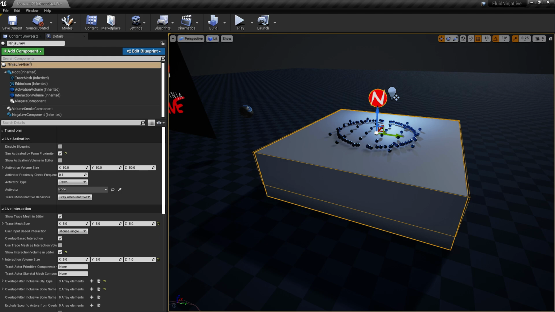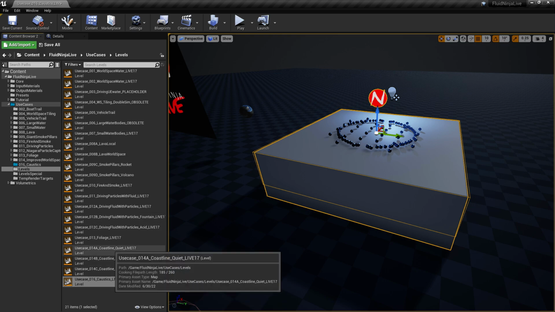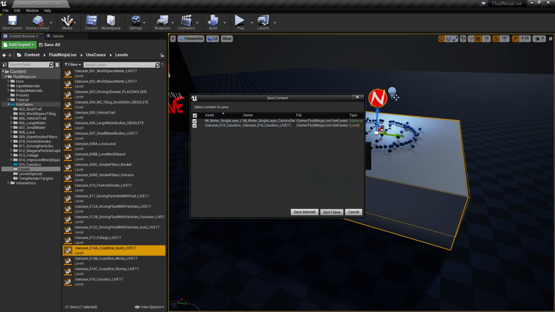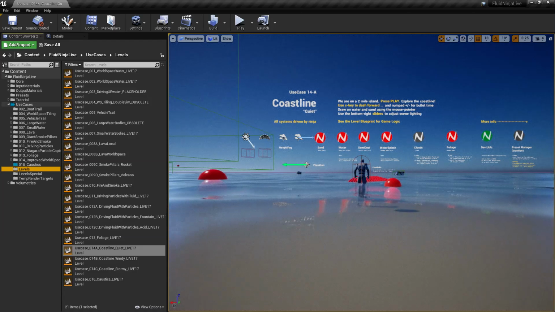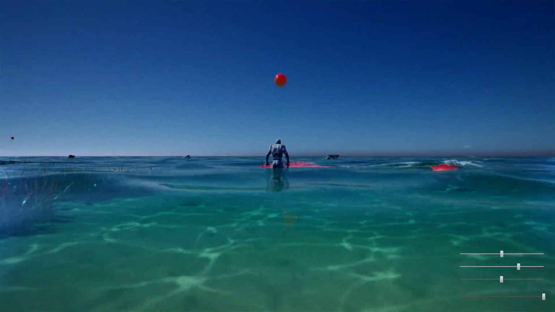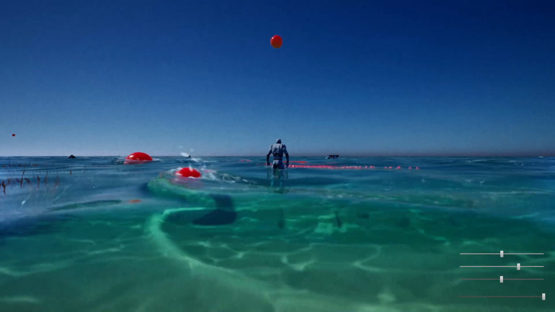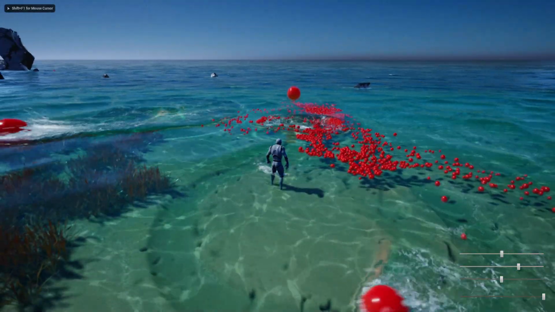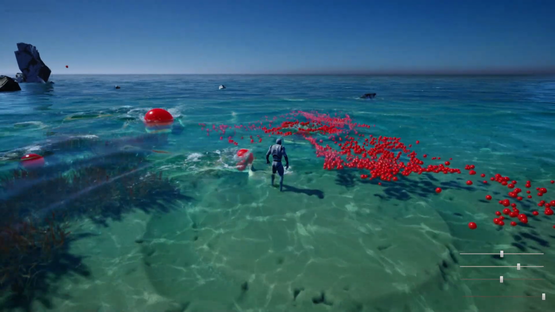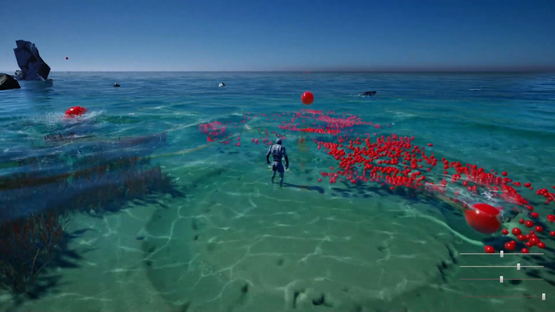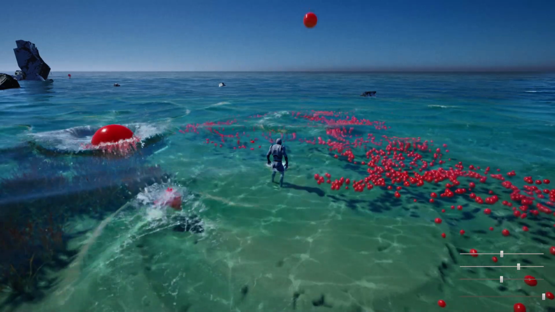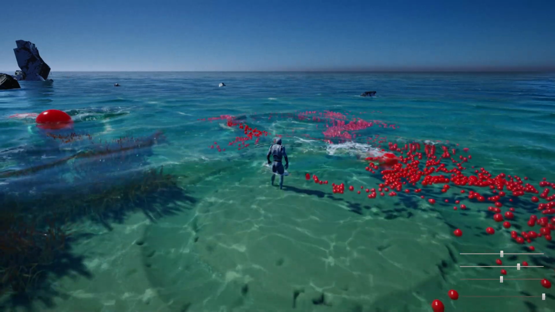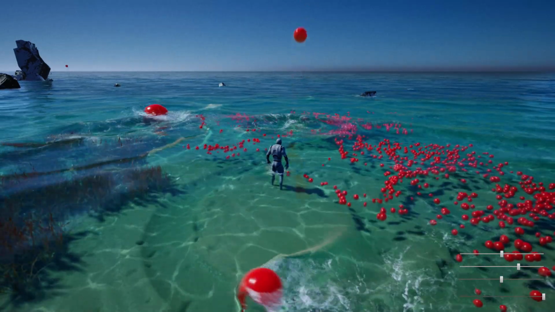And I'm visiting another level. It's level 14A. Let me go to the content browser. Level 14A, coastline. Again, we have the caustics enabled on this level. You see the C button. We have this nice jiggly pattern going on. Also have a look at the lensing effect. The light is focused around the object contours on the bottom, and we have shadowy areas.